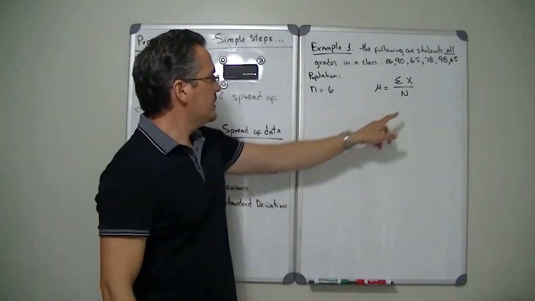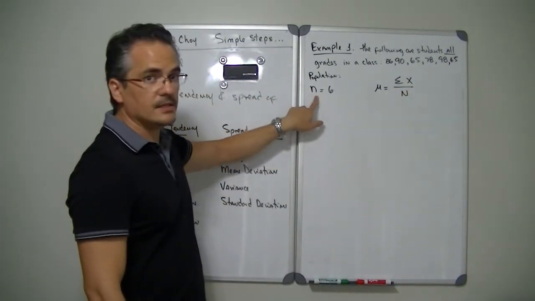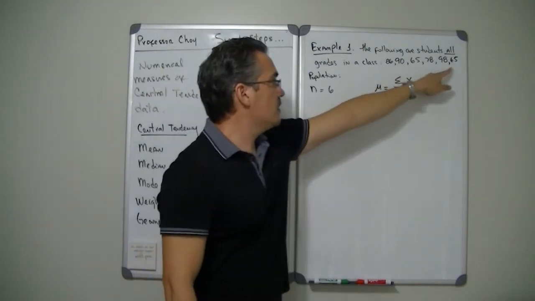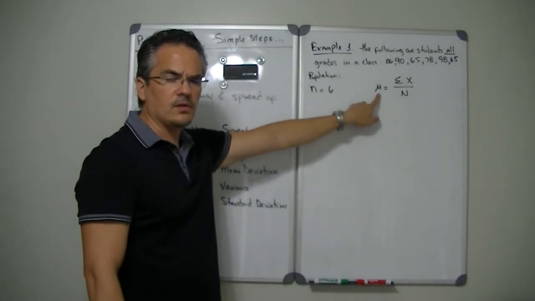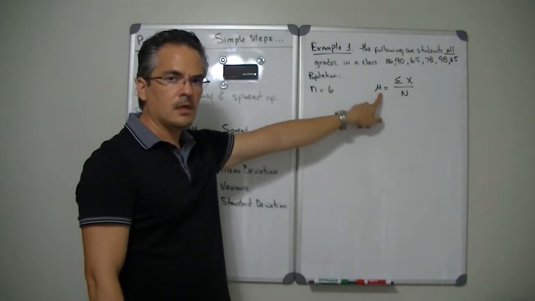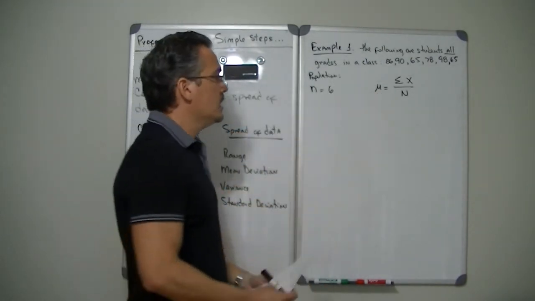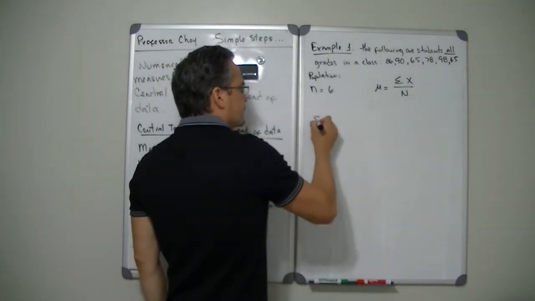Now the n is going to be my population size, the x's are going to be all of these, and my mu is basically my mean. So we use the letter mu for mean if it's population. If it was a sample,